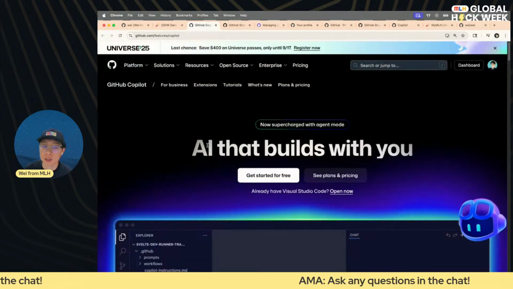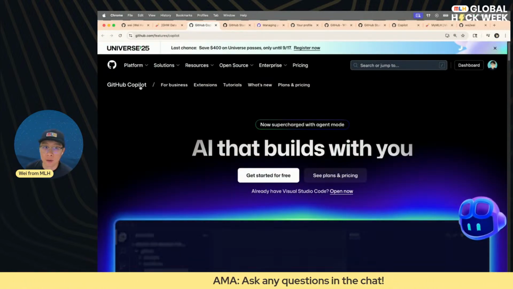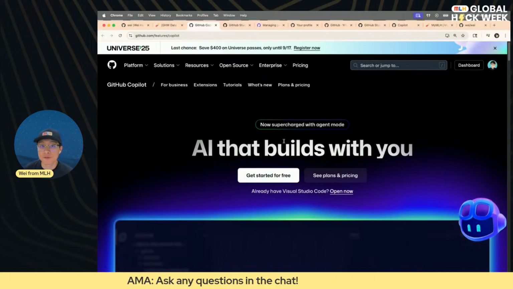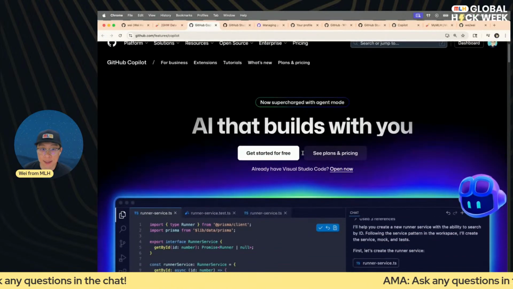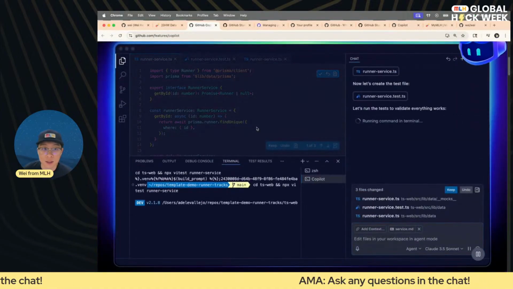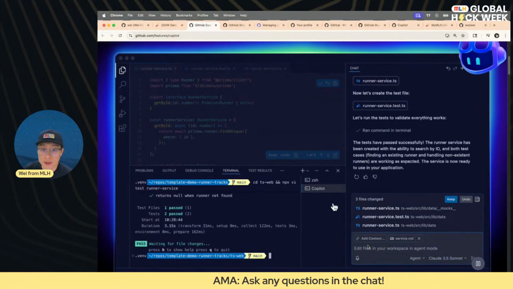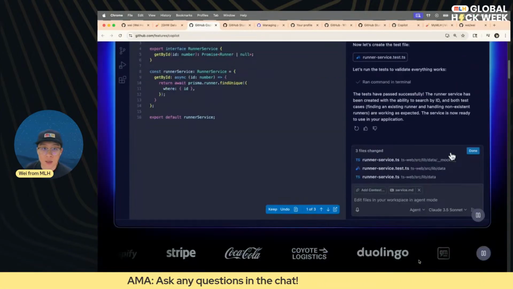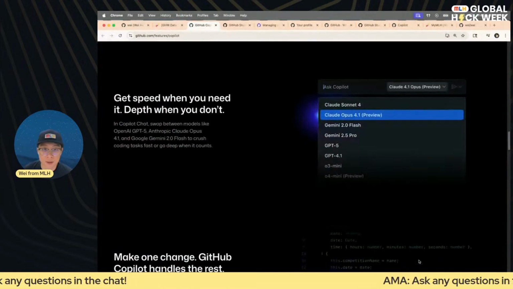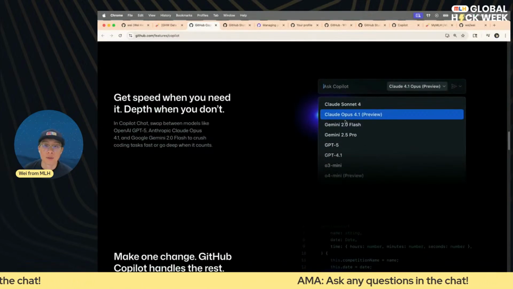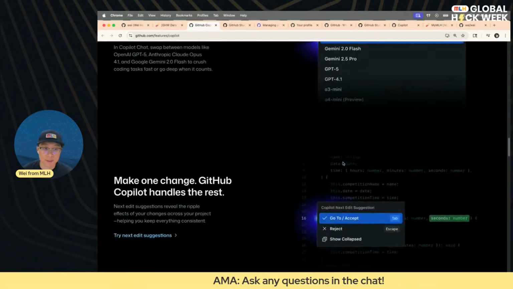Now let's just take a quick look at what GitHub Copilot Pro is. This comes free with the GitHub Student Developer Pack, which is amazing. You'll see all the awesome features that come with it, including the agent mode. You also have access to a ton of models, premium models, like you can see here, to use within your projects.